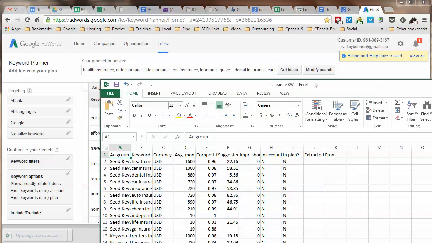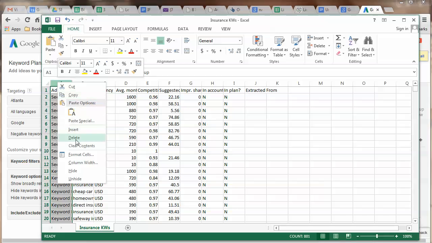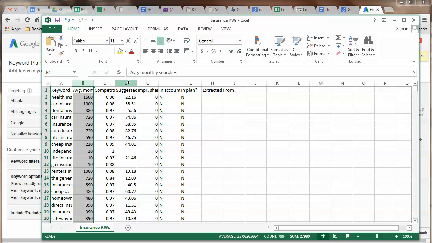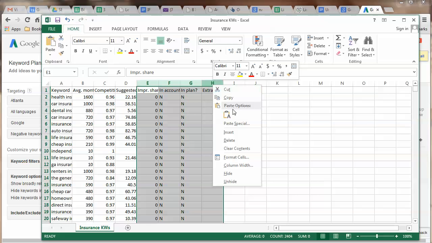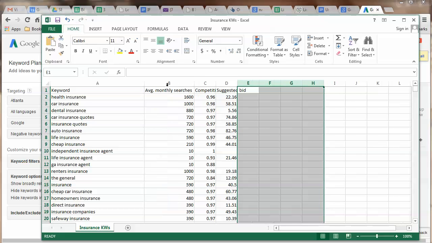We're going to open this up, and then I'm just going to remove the columns that mean nothing to me. And what we're left with is